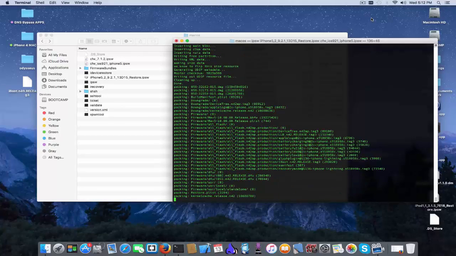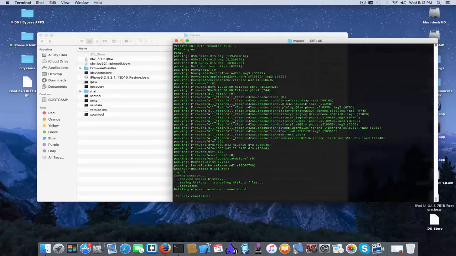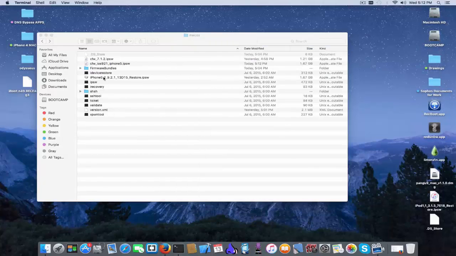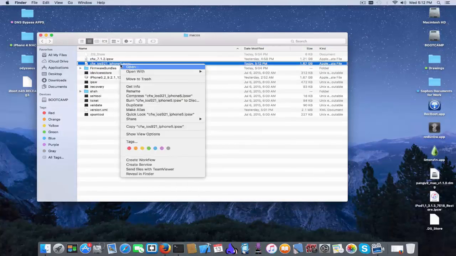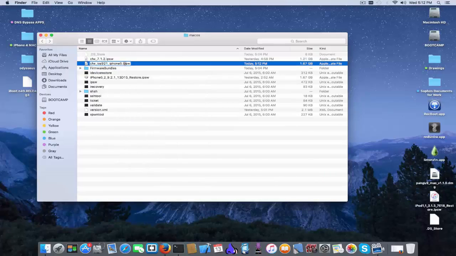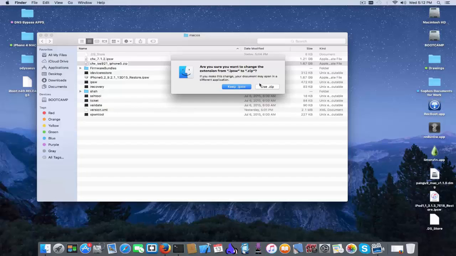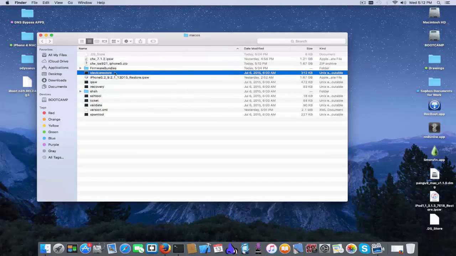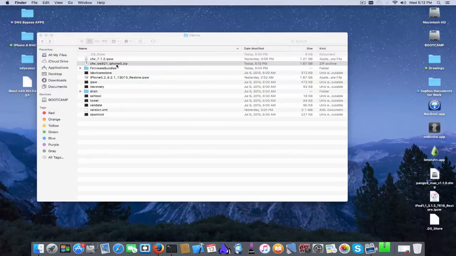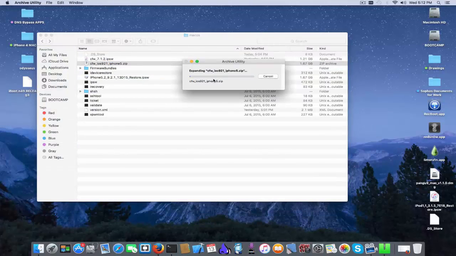It's packing up anything else. And it's done. So we can exit. And we've got ourselves a custom-made firmware. Let me rename it to zip. Now, if you've got yourself an exploit, you can use iDevice restore in order to restore this thing up because it has pwned things. And now I'm going to expand it and I'm going to show you how to delete